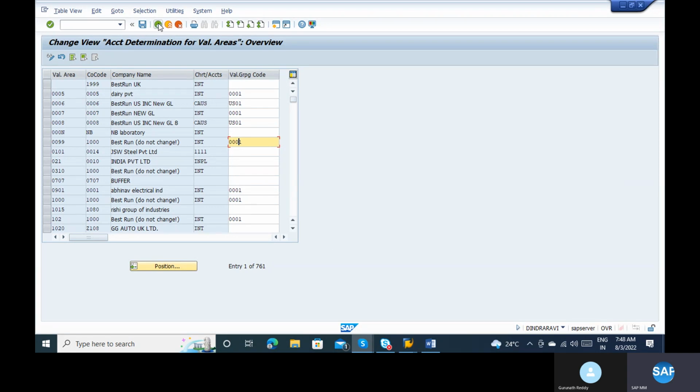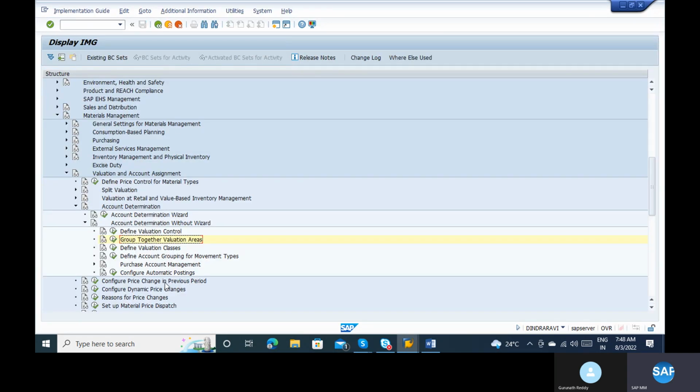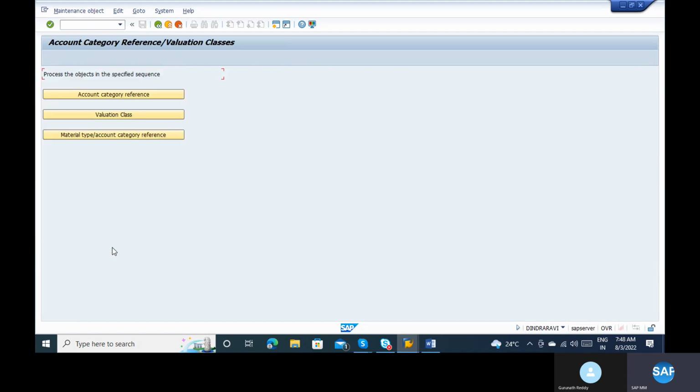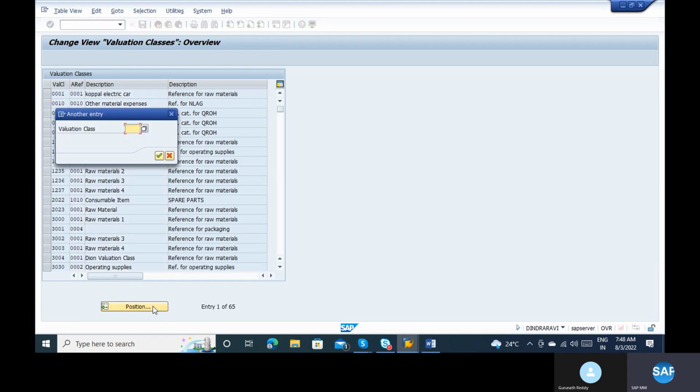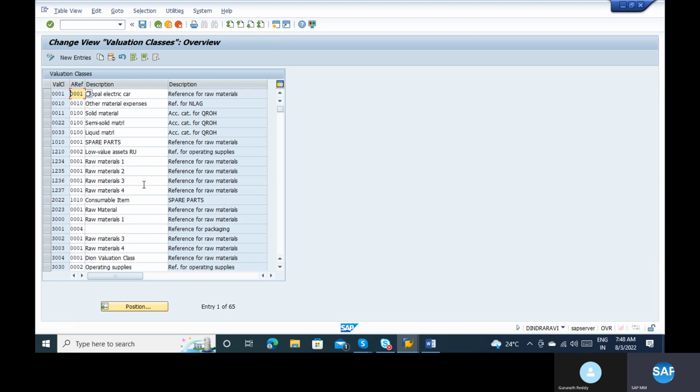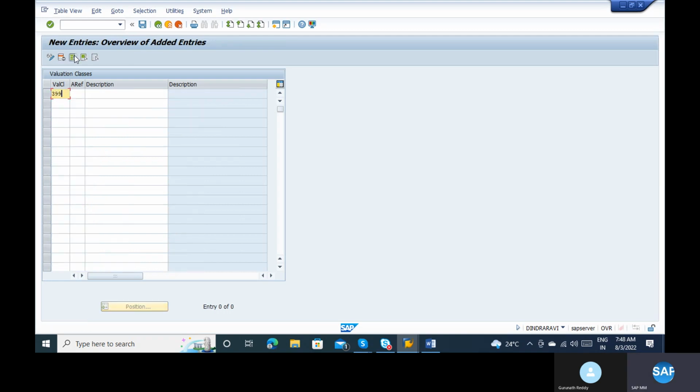Okay, so let's try. We'll define one GL account, one class first. We'll define one valuation class. I'll show you one example. Let's create one valuation class. Suppose it is valuation class 3999, which I am creating in the 0001 account category reference, which I'm just taking as a reference. And this is a valuation class